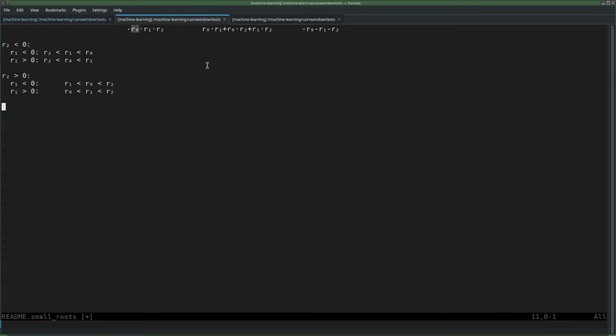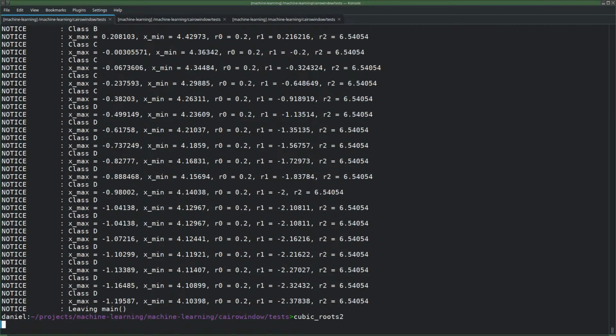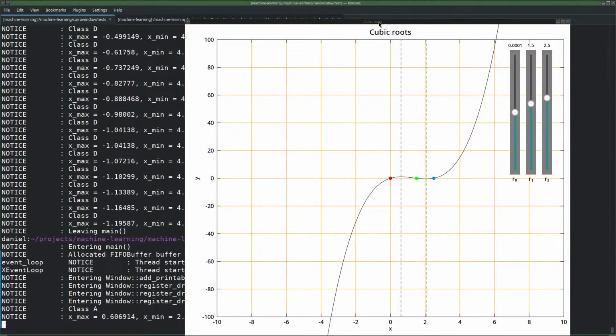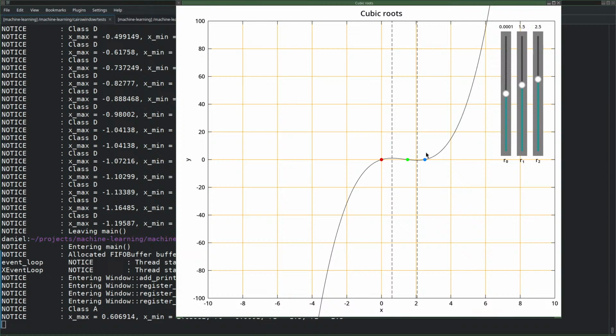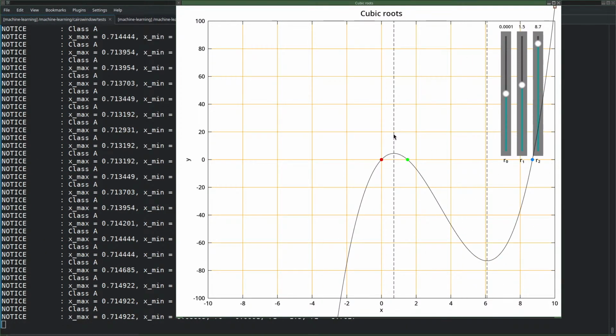However, what I did notice is that these are the vertical lines. If you look at the x-coordinate of the maximum and the x-coordinate of the minimum of the cubic, then there seems to be a correlation. For example, if both have the same sign, so the maximum and the minimum now both have a positive sign,